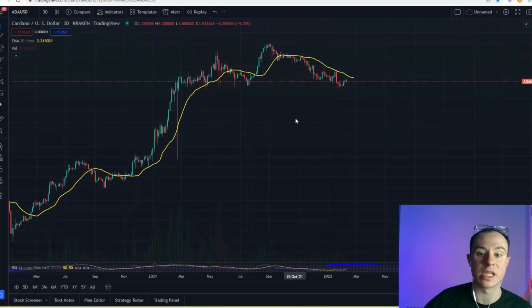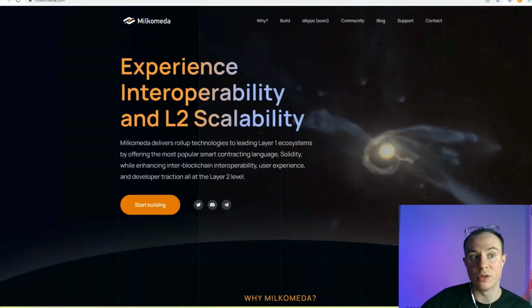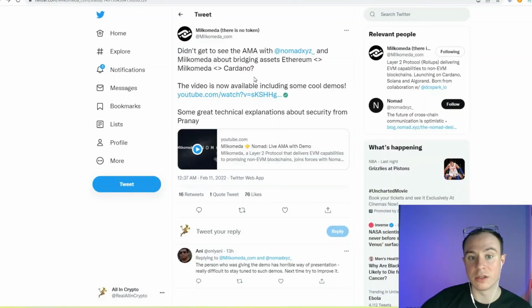When you really understand what's taking place, this is just one thing, Milkomeda and what they're doing with bridging Cardano with the rest of the world, if you will. Most things are Solidity friendly. It is like the JavaScript. It's very exciting what's taking place. I'm trying to make sure that people don't take their eye off the ball. So that is really the bulk of what I have for you in this video.